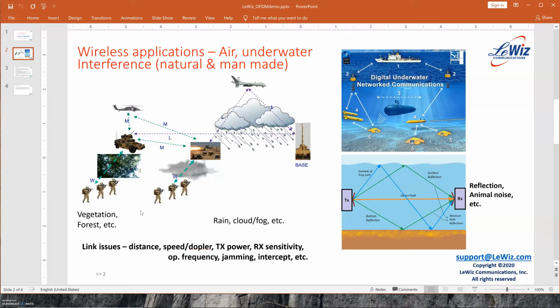For wireless applications, OFDM has application in both in the air and under the water, both of which have a lot of interference due to natural or man-made. On the left-hand side here, you can see example of wireless communication in the air and on the ground. And there are problems in those type of communication due to cloud, fog, rain, or vegetation, or the distance between